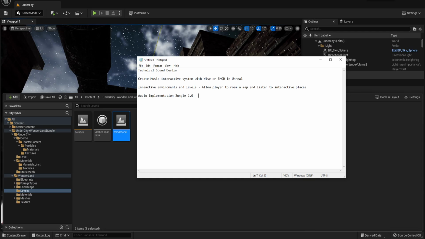Because there are a couple of features I never really added to my audio implementation jungle when I was doing it. Gosh, years ago, I made a shooting gallery in that one. I made some collision-based sounds where if you threw the ball at a pillar, it would play a certain sound.